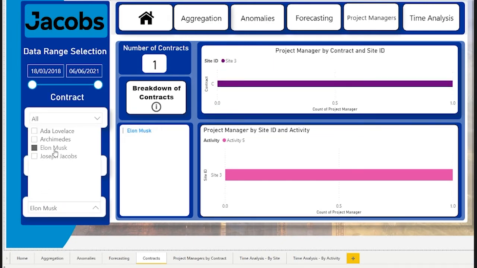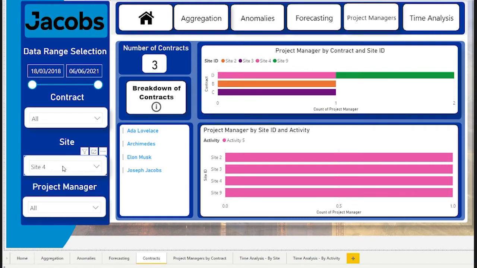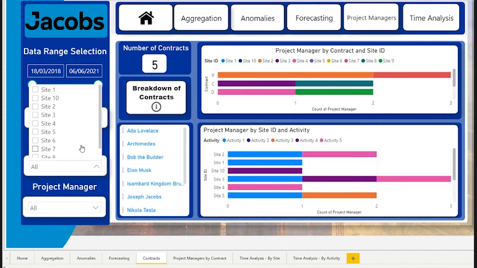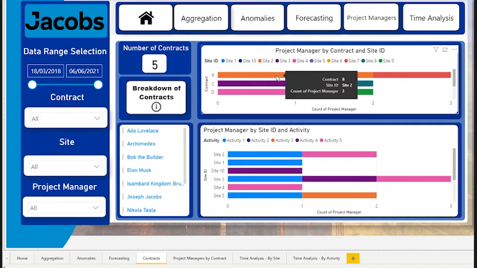Our point here is that you're able to see things and trends and to explain circumstances. For example, if you know that site 3 is running behind, is it possibly because that site has more activities under management than the other sites? Simple trends and patterns raise questions that you're able to answer by interacting with the dashboard and looking at different sites, different project managers, and different sets of circumstances.